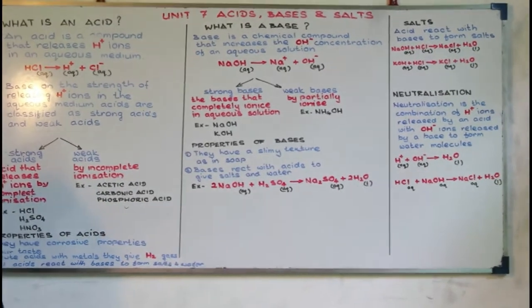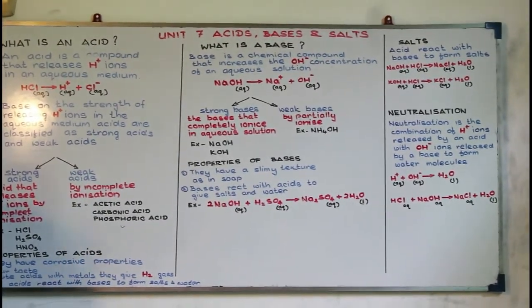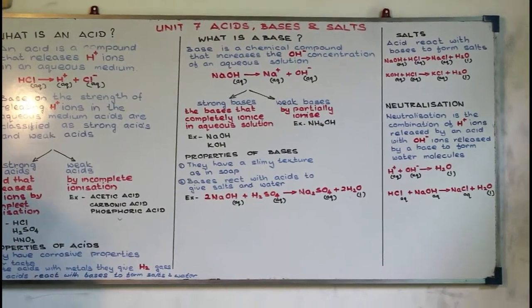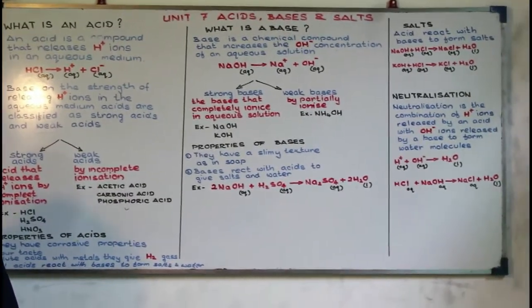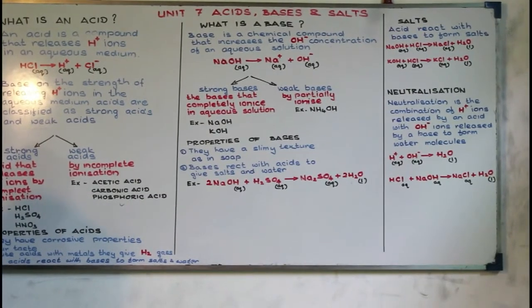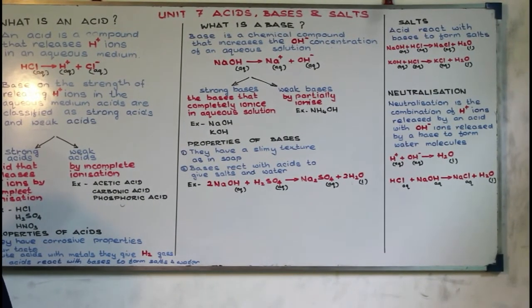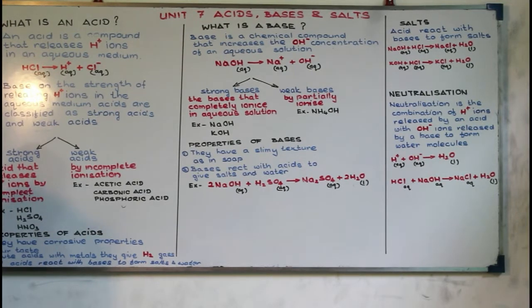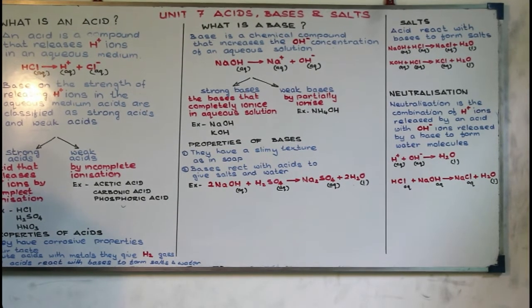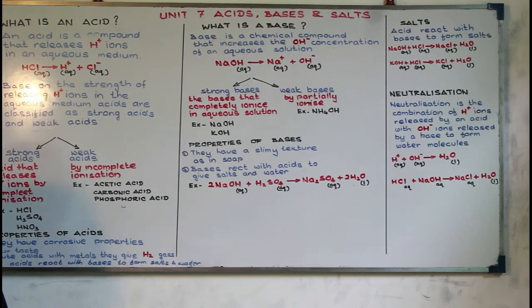Now what is the first salt? Sodium chloride. Now there are a lot of uses. You can study one or two. Right. One use is to flavor food during their preparation. The other one is used as a food preservative. Those two you can study. Right? The copper sulfate, it is another example for salt.